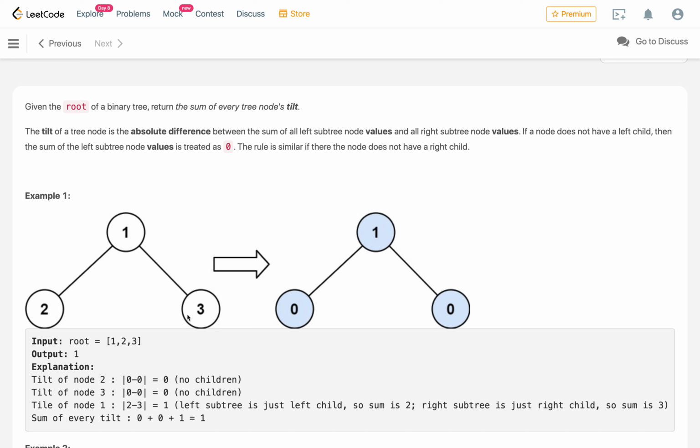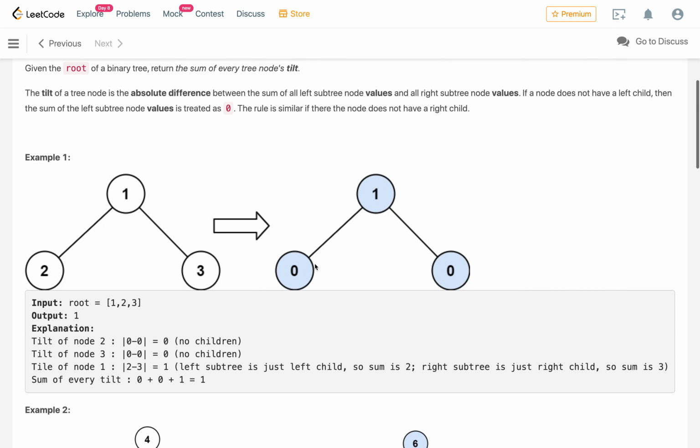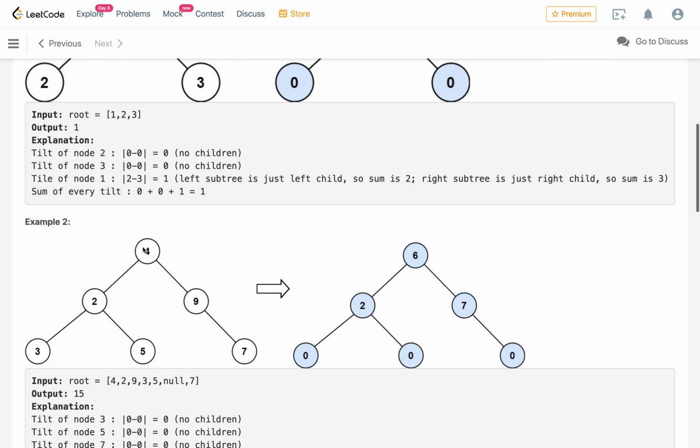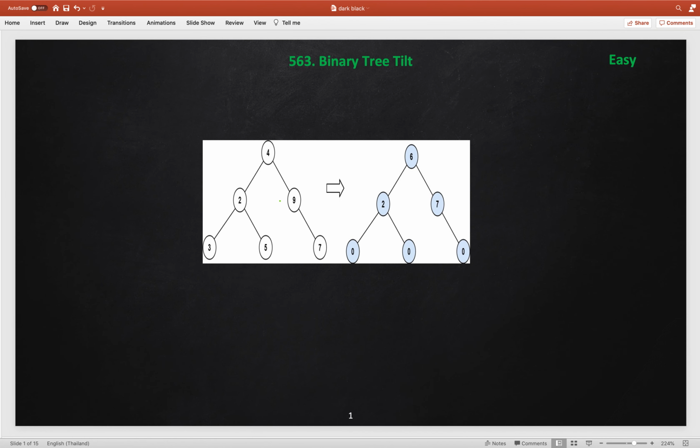Similarly for this side, all the leaf nodes will automatically have 0, and then we will construct the internal nodes up to the root node. So first of all we will go to the leaf nodes, and then we will construct from the bottom-up approach. So which DFS approach will we use here? We need to process first the left and then the right subtree, then the root node. So the traversal we will use here is post-order traversal. Let's understand this.